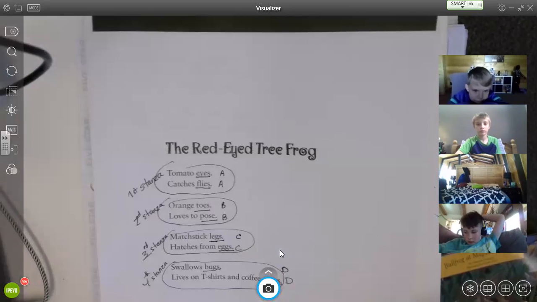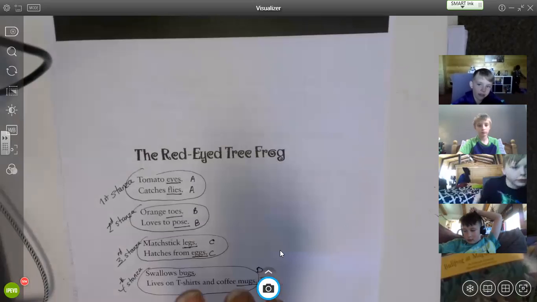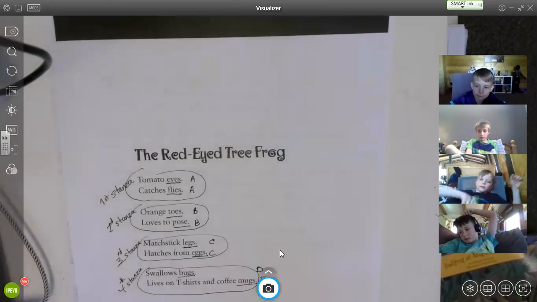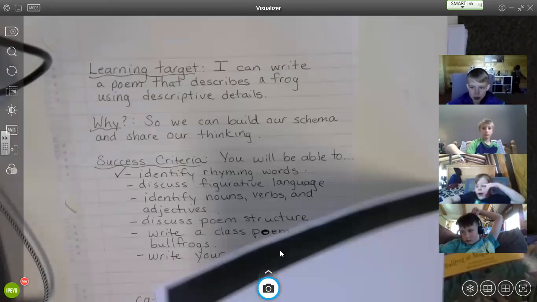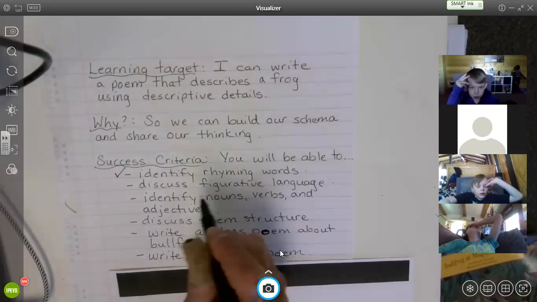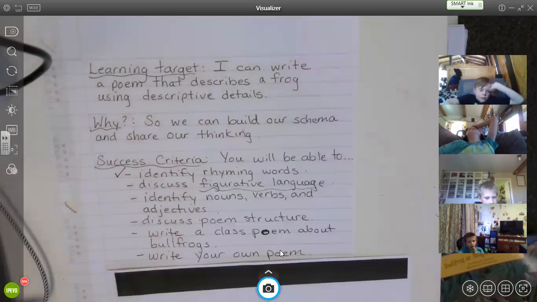They all have the same ending sound. They don't all have the same spelling at the end. So sometimes they do, but not always. So we've looked at the rhyming words. Now we're going to discuss some of the figurative language. Mrs. Harrison's been talking to you about figurative language in EL. Figurative language is just